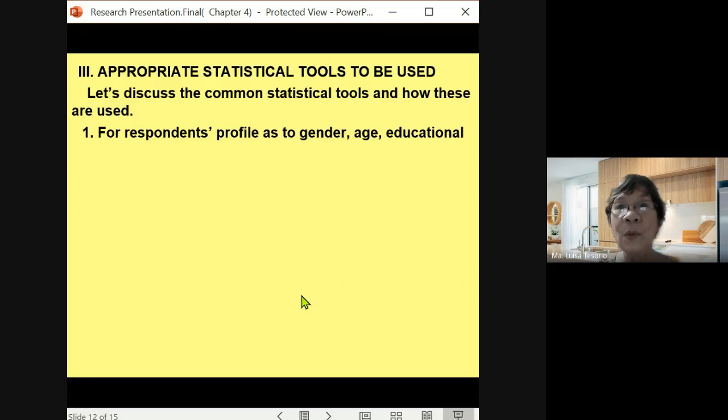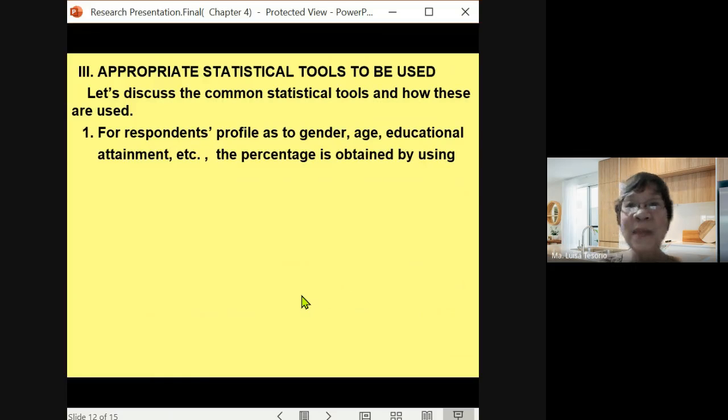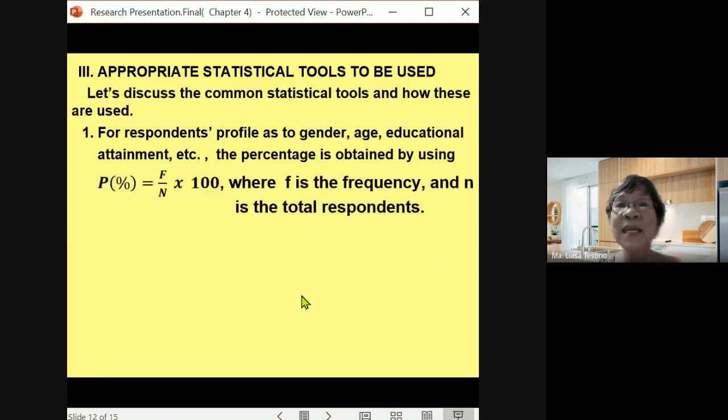Now, if you are analyzing the respondent's profile as to gender, age, educational attainment, and others, the percentage is obtained by using the formula F over N times 100, where F is the frequency and N is the total